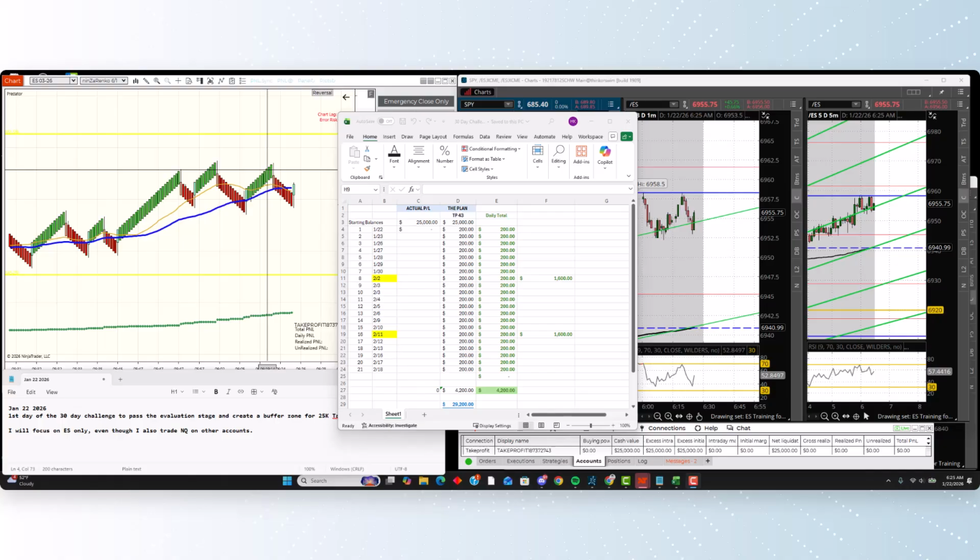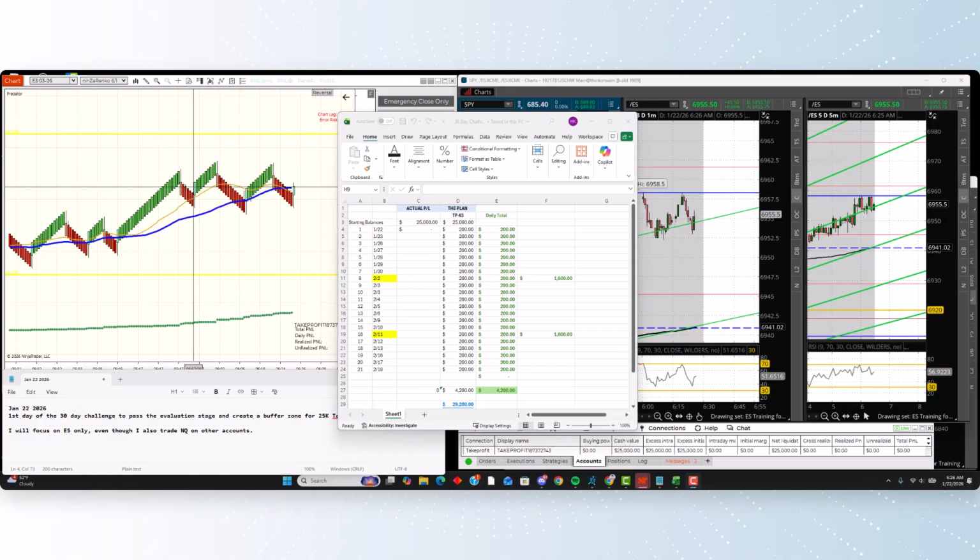Today is Thursday, January 22nd, and it's actually the first day of our 30-day challenge. I want to create a 30-day video series, or 20-day, whatever the trading days are, to show you guys we can work on passing an evaluation account with Takeprofit and also create the buffer zone so that way we could start taking